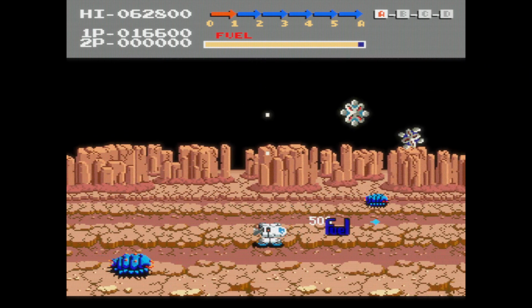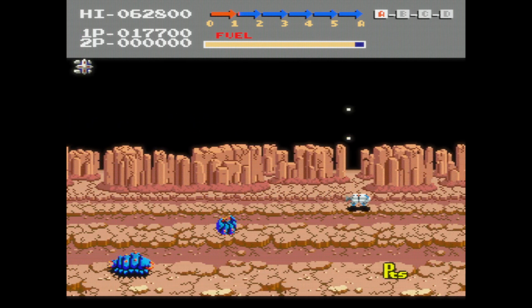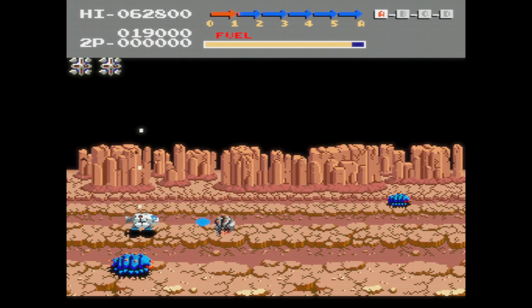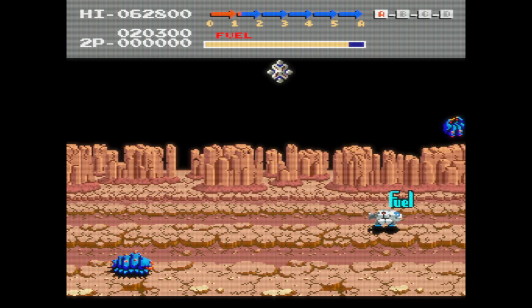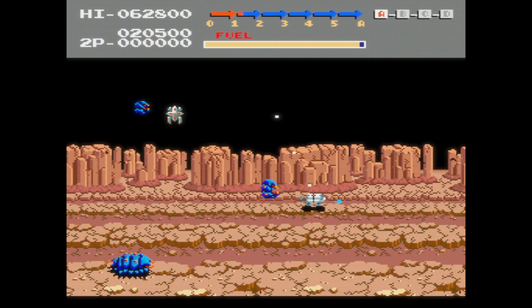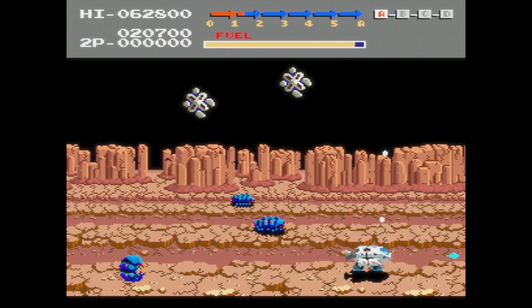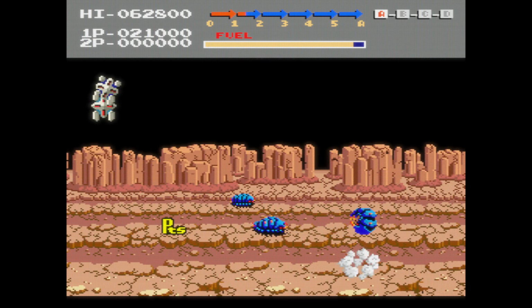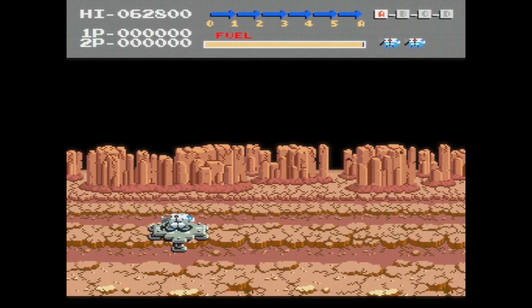Not ending well. Okay. Why am I so concerned about fuel? I need to worry more about immediate threats. Okay. That bug is a future threat. This bug. Easy. Oh man, I wonder if the fuels are predictable because they seem like a real hassle to get otherwise. Okay. So what are you supposed to do? Like scare the bugs and then...